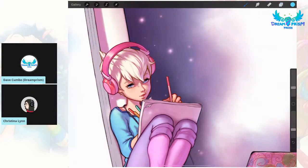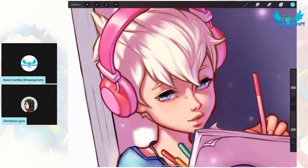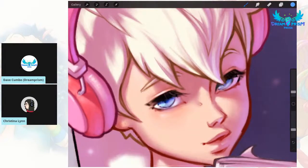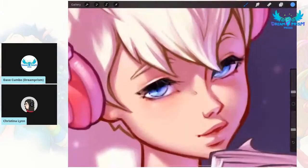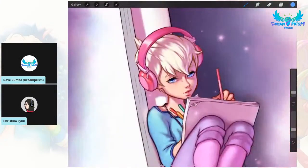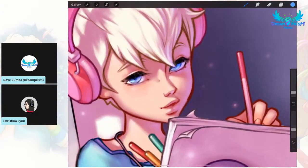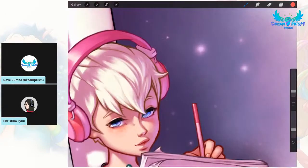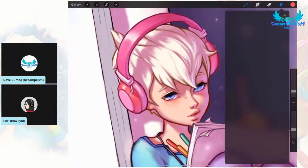And what I do is I go into areas where I have, say for example, the eyes, right? What I do is I pick the color that is closest to the color that is there, and then I color over it on an overlay layer. And see how that just lit her eyes up? Yeah. With overlay layer, it's amplifying the colors that are underneath. You have to be very careful about doing this because you can not only blow the colors out a little too much, but you can end up,